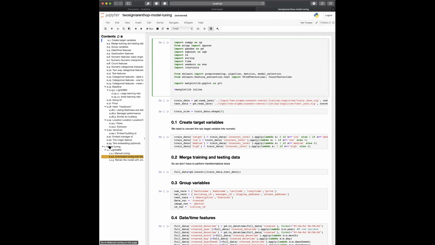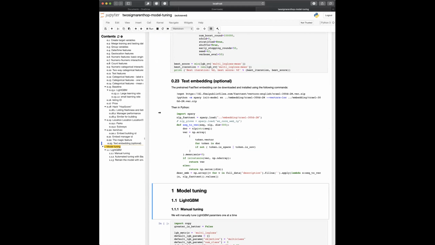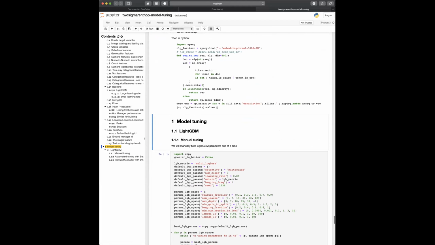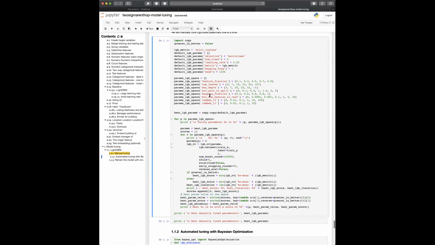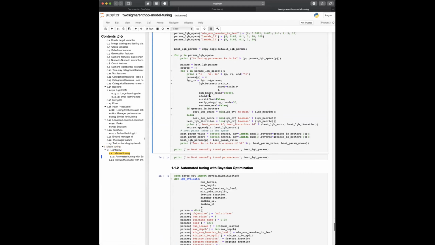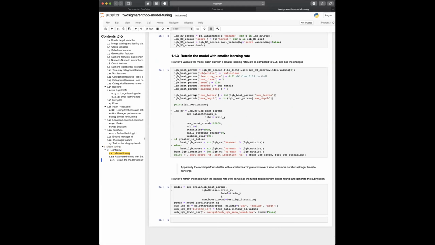But here's the thing: until the model tuning part, the notebook is exactly the same as what we had last week. From the model tuning part on, you will see the new contents. Here, I just demonstrated how to do manual tuning in a grid search way, and then use the Bayesian optimization for automated tuning,